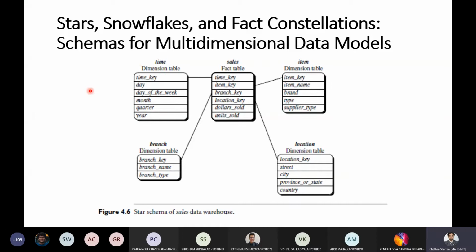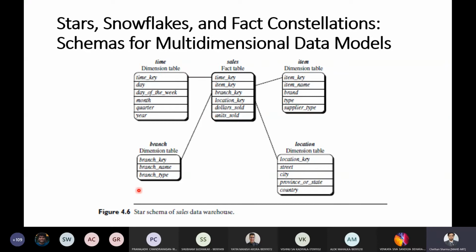This is the most common schema used for designing a data warehouse. This schema contains one large central table, which is visible here, called the fact table. It contains the bulk of the data with no redundancy, so each item is unique.